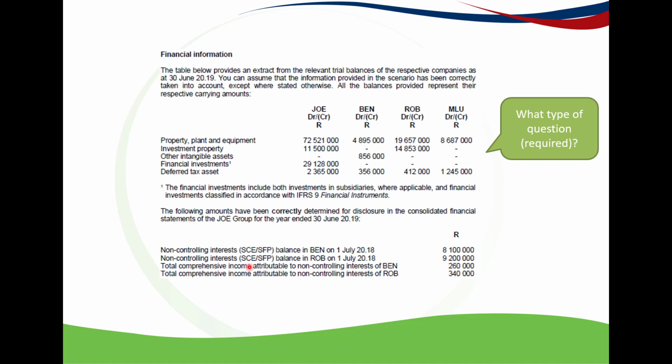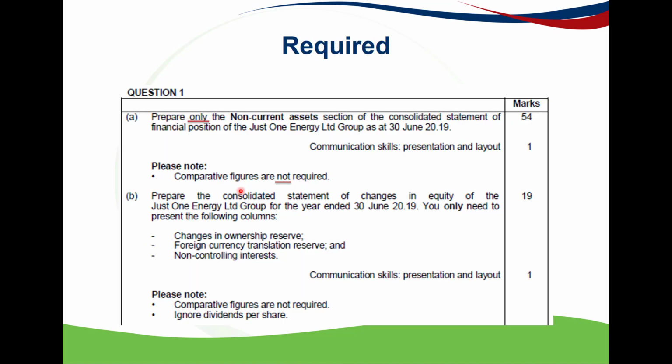And the problem with how they presented this, that it's total comprehensive income, is we are not able to split what is the portion attributable to NCI P&L or NCI OCI. These 5 line items or non-current assets, you would probably assume that the required will be to present the non-current asset section of the consolidated statement of financial position for the group. And if we then continue to the required, that is the case where they say prepare only the non-current asset